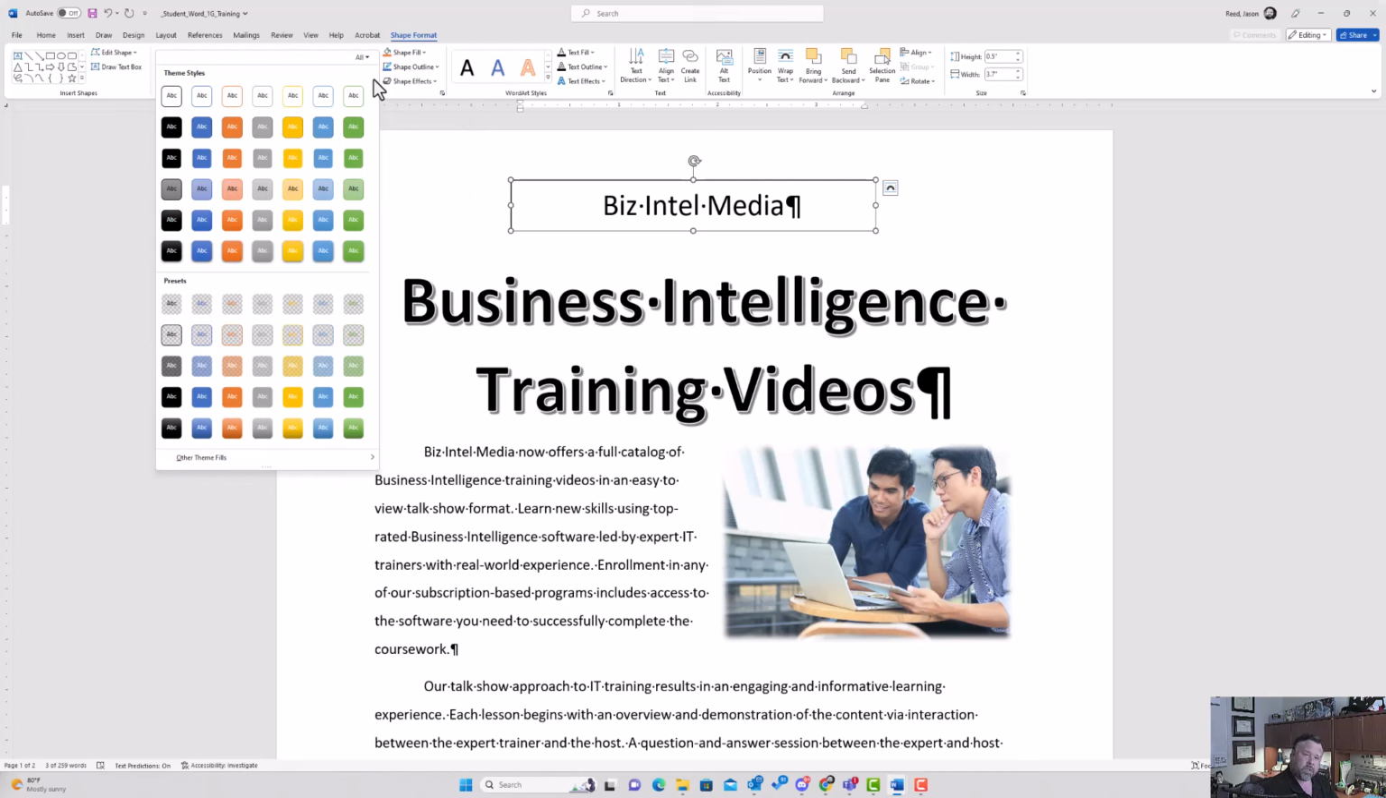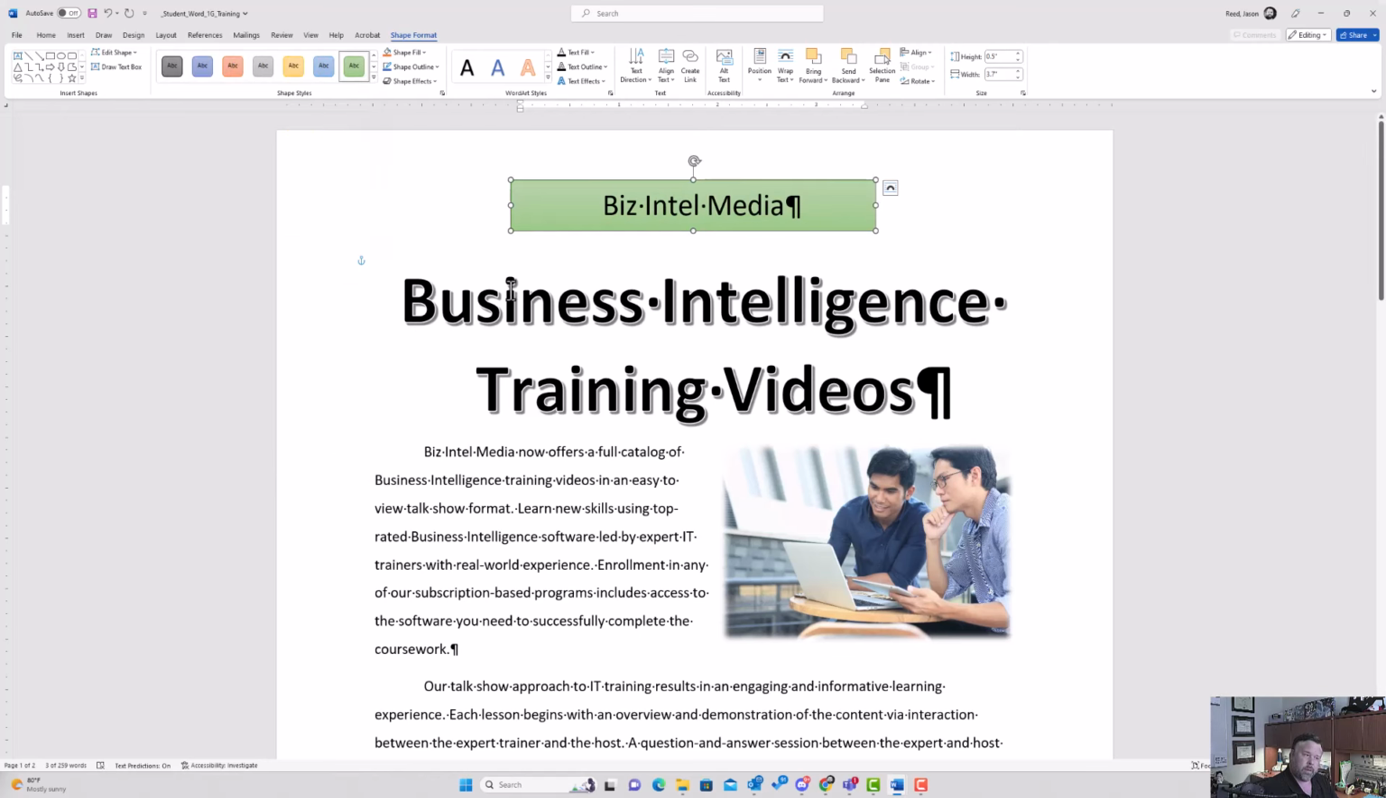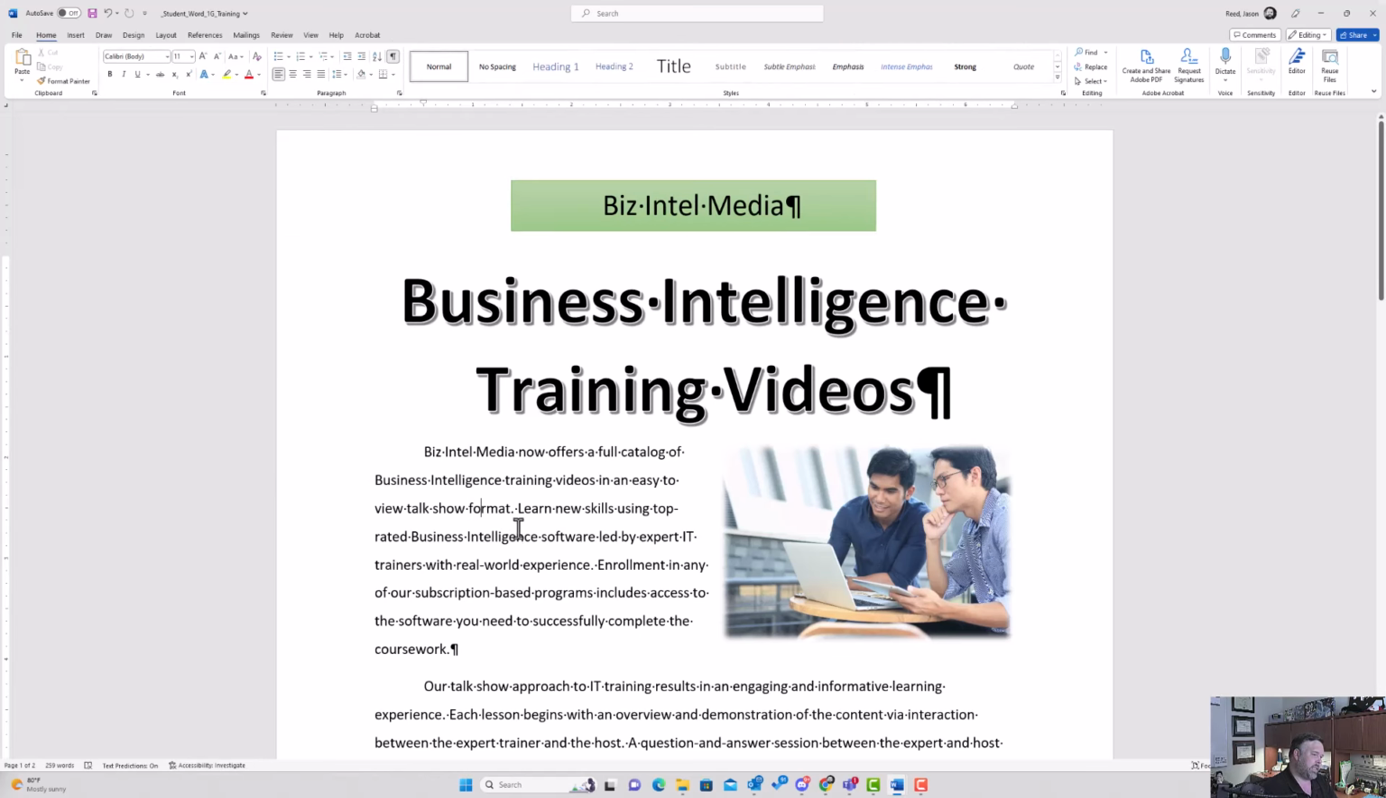And it wants me to select the 4th row last style. So 1, 2, 3, 4, last style. And then I'm going to go ahead and deselect my text box just by clicking in this paragraph here. Now for step number 19, we want to deselect our text box, which we've already done, and we want to